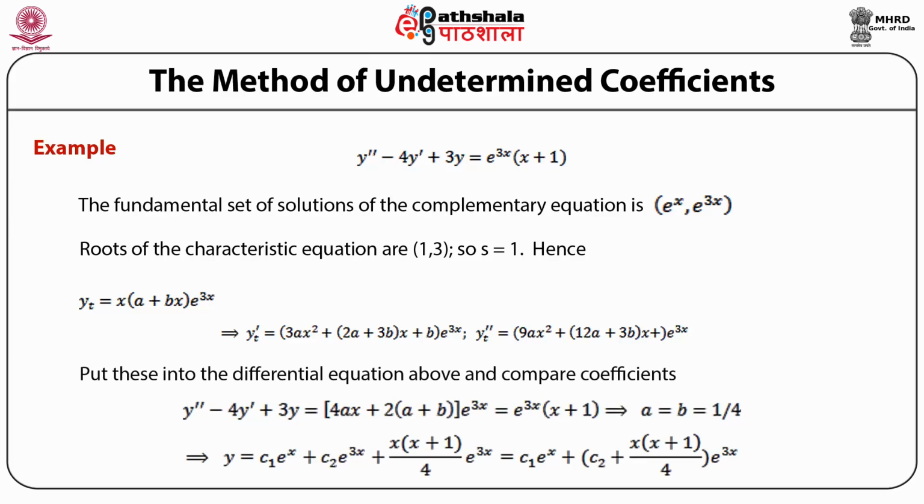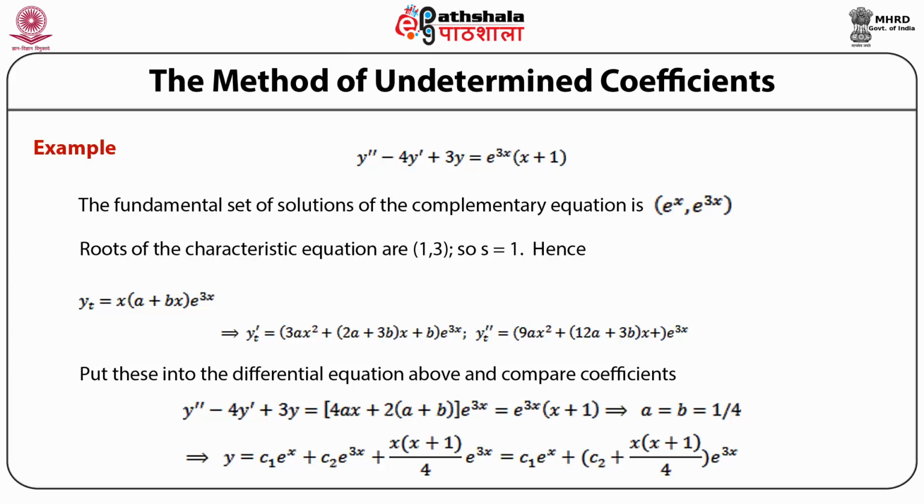Putting these into the differential equation above, we obtain y double prime minus 4 times y prime plus 3y is equal to (4ax plus twice of (a plus b)), entire terms multiplied by e raised to power 3x, which gives y double prime minus 4y prime plus 3y is equal to e raised to power 3x times (x plus 1), giving the values of a and b as